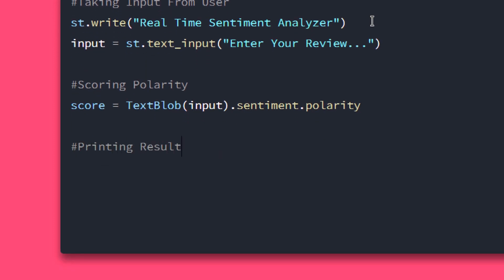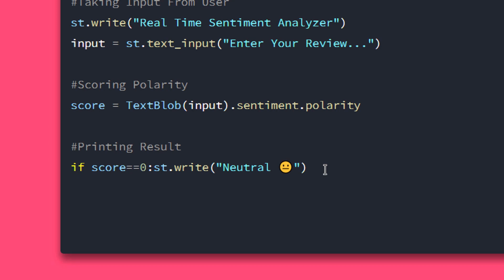We have to create three conditions over here: if our score is equal to 0, then st will write it as a neutral statement, otherwise negative or positive. So let me write a condition over here. We can use the Streamlit write method to write the statement, and you can use any emoji to make your program look better.